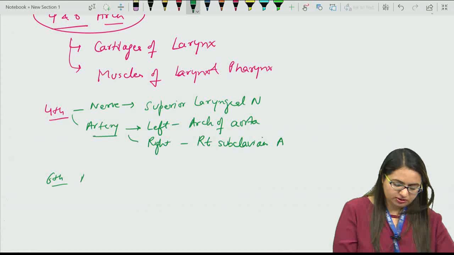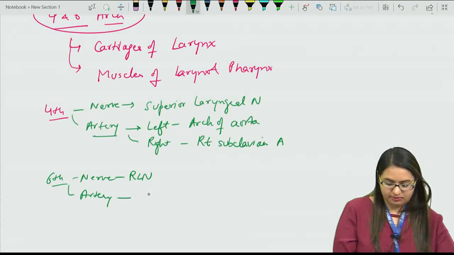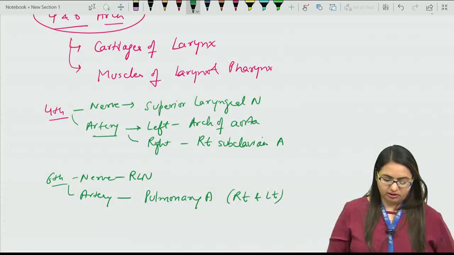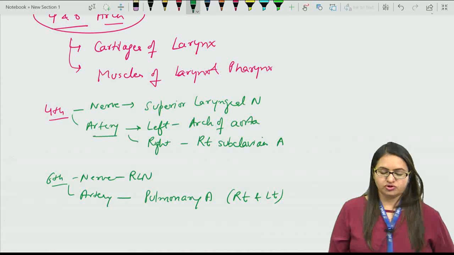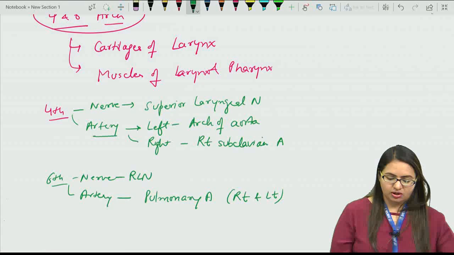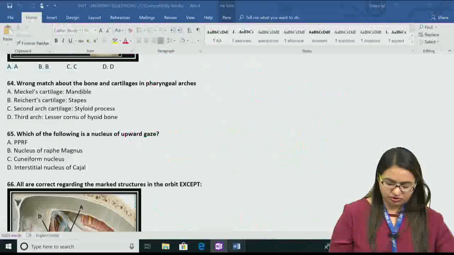For the sixth arch, the nerve is the recurrent laryngeal nerve and the artery for the sixth arch is the pulmonary artery, right and left pulmonary artery. And towards the left side, a portion also leads to the formation of the ductus arteriosus. So all these are the derivatives of the various arches, and therefore we can say the answer for this question is